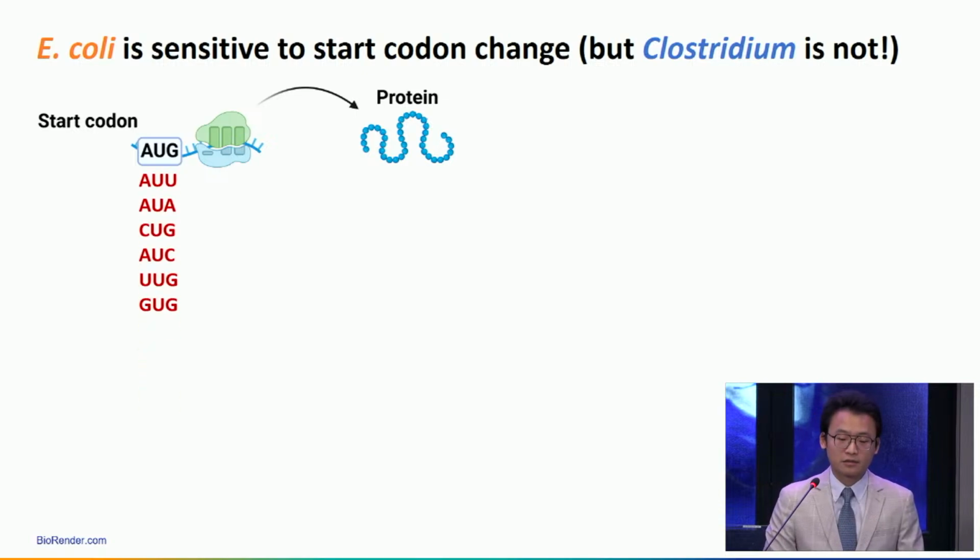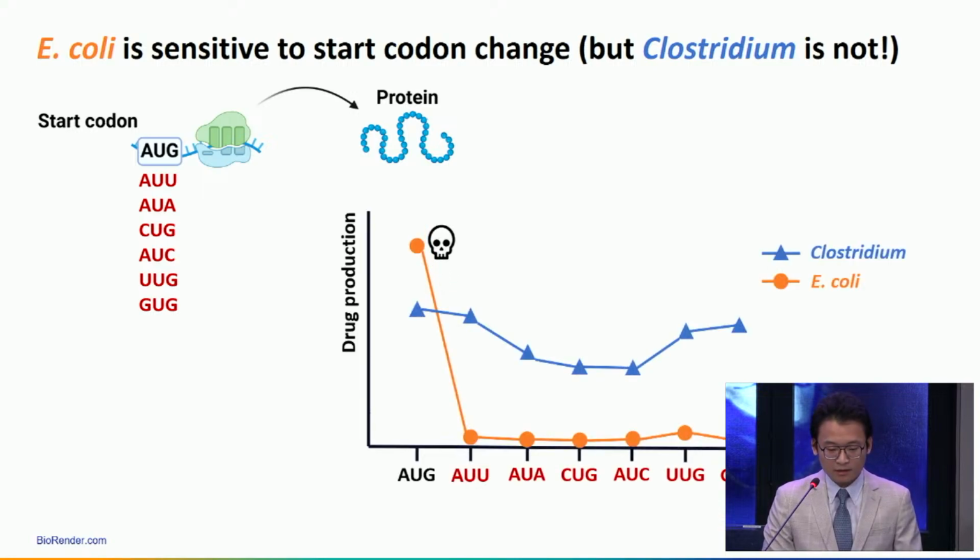But previously, another group reported another 6 non-AUG start codons within 69 bacterial genomics. Because of our curiosity, we validated these non-AUG start codons within E. coli and Clostridium. Surprisingly, compared to AUG start codon, 50 to 100% drug production was observed in Clostridium, while only 0 to 5% drug production in E. coli when we use these non-AUG start codons,